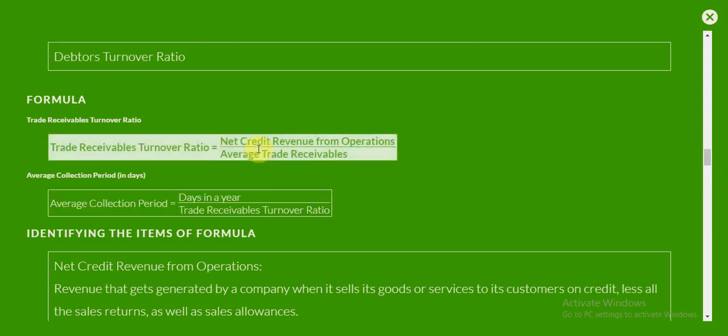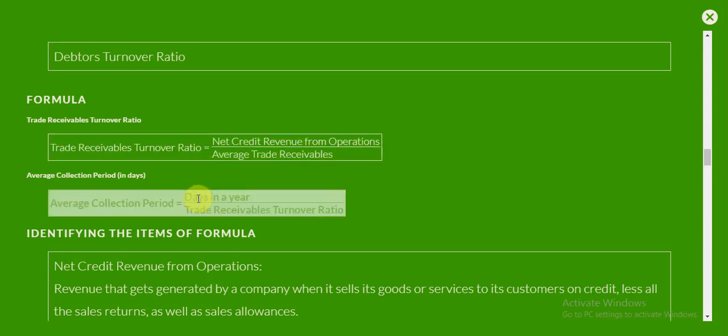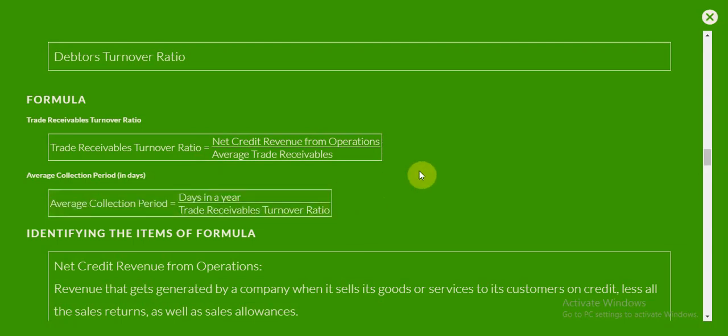Suppose, just imagine we have a trade receivables turnover ratio of 2 times. How will we find out when we say that the receivables turnover ratio is 2 times? We can logically guess that one such cycle takes about 6 months. So that is 12 months divided by the trade receivables turnover ratio, which is 2. That is how we got that 6 months. So if we want to find the same in days, we will divide the number of days in a year by the trade receivables turnover ratio.